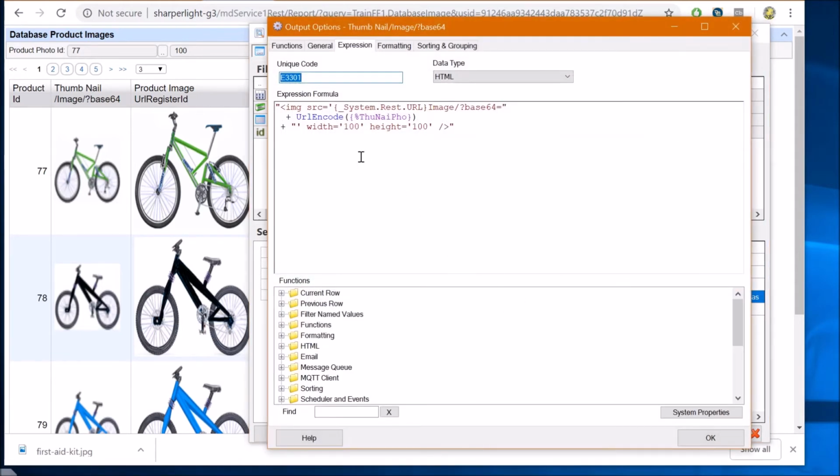So let's have a look at the thumbnail example. Again, there are templates, and what this is doing is calling the Sharperlight RESTful service and saying that we've got an image, and the image is encoded using base 64. This is just making the image, instead of a binary image, into some sort of character sequence, and then we're encoding that. So by default, when Sharperlight services these images, it'll encode them in base 64 for you,